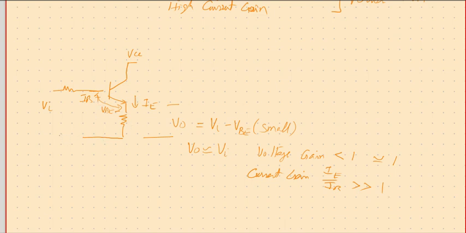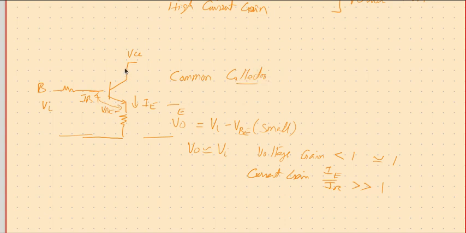So this is the circuit which is going to produce only current gain. It's not going to give you any change in voltage. So whenever you are not interested in changing voltage, but yes, you want to amplify only the current, in such cases we can go for this circuit where input is at the base, output is at the emitter. So we call it a common collector circuit.